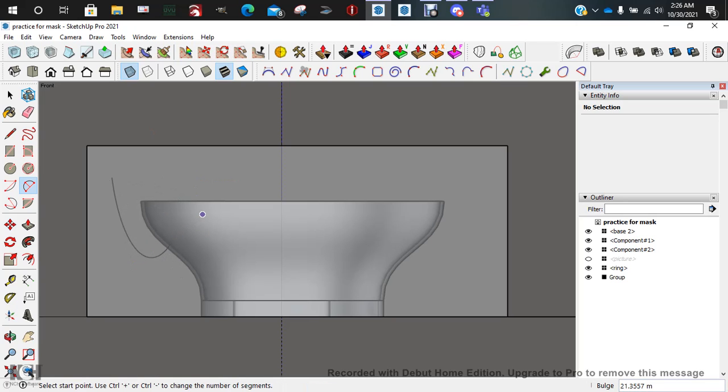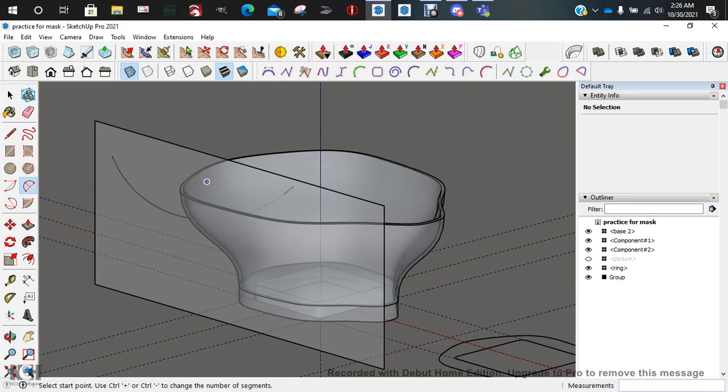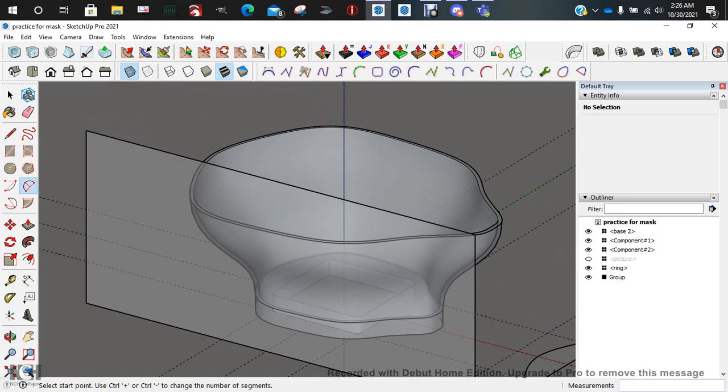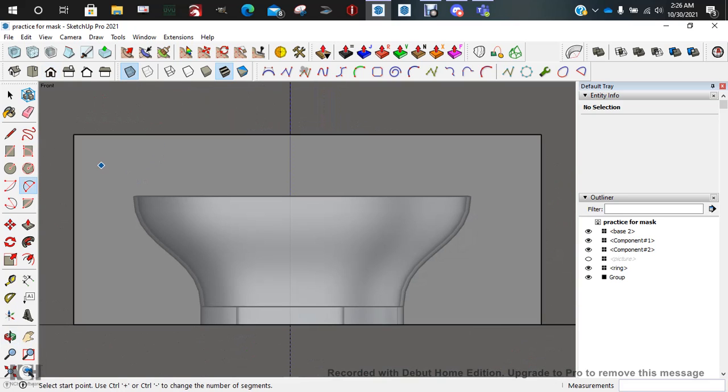If I were to actually do this, and if you were to see how it's gone through, we don't want that. So shift is the key that you want to hold. So if I click here, see the gray line, if I hold it, it should be constrained on plane from point. So I'm going to click right here, and then I'm going to kind of move it